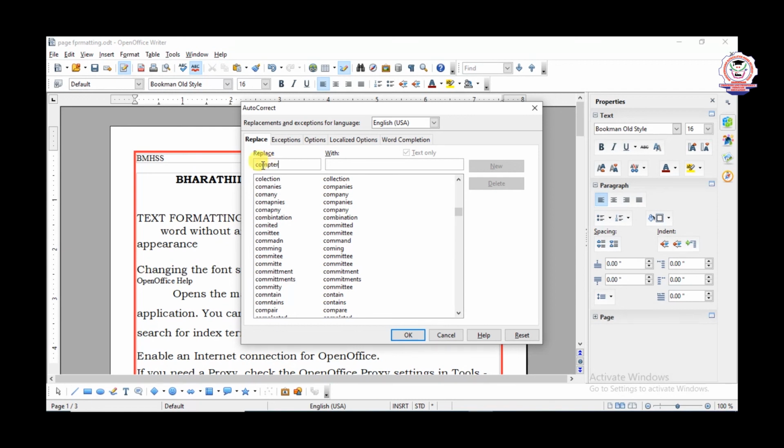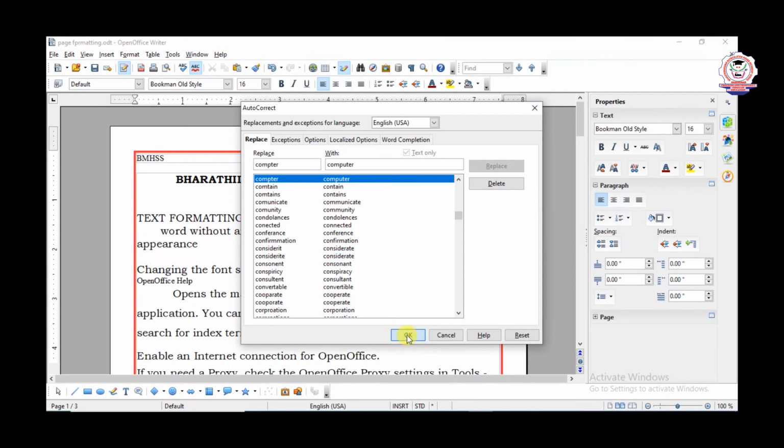Here we type COMPTER, and the replacement is COMPUTER. Here you can click New. This should be added. So suppose you are typing COMPTER, it will be replaced with COMPUTER.